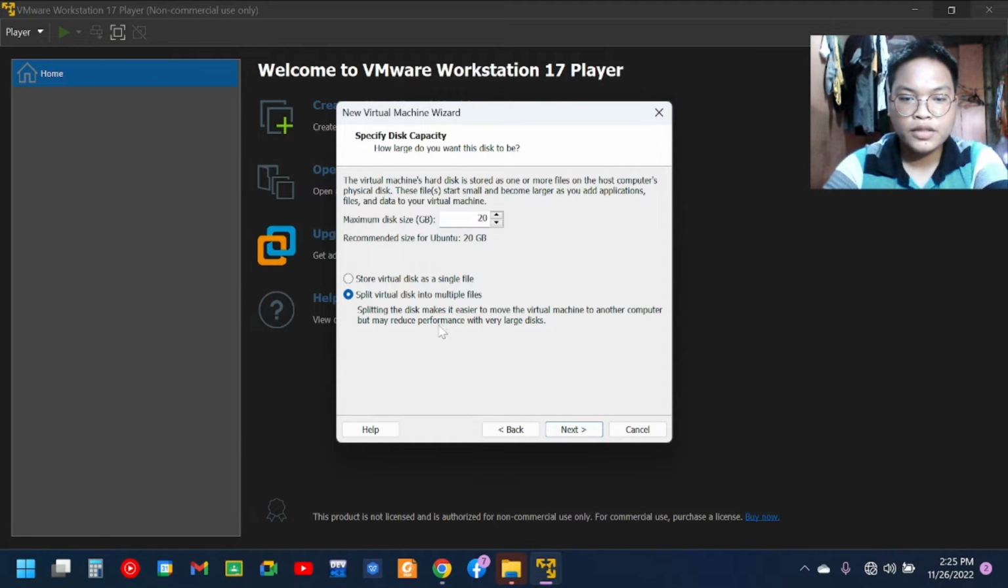And splitting the disk makes it easier to move the virtual machine to another computer. But it reduces the performance, you can read it, yes, but may reduce performance with a very large disk. Yes, but I guess it can. I'm still choosing this second option so I can move it to another machine. My disk this